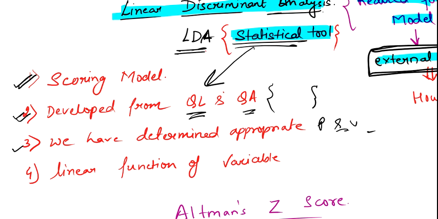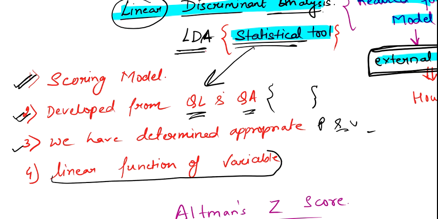Clear? And next, as the name suggests, this is a linear function, so we say that this is a linear function of all the variables. Clear? Linear function and non-linear. So this is among those functions which is completely a linear function. Okay. Now the word is discriminant analysis. There are many discriminant analysis methods, but in this reading, we are concerned with only one method, that is the ordinary least squares method.